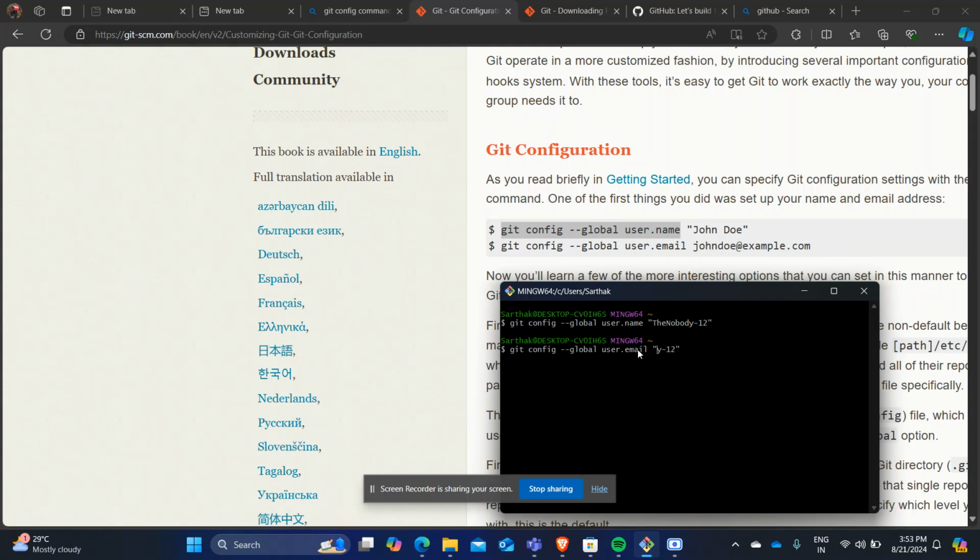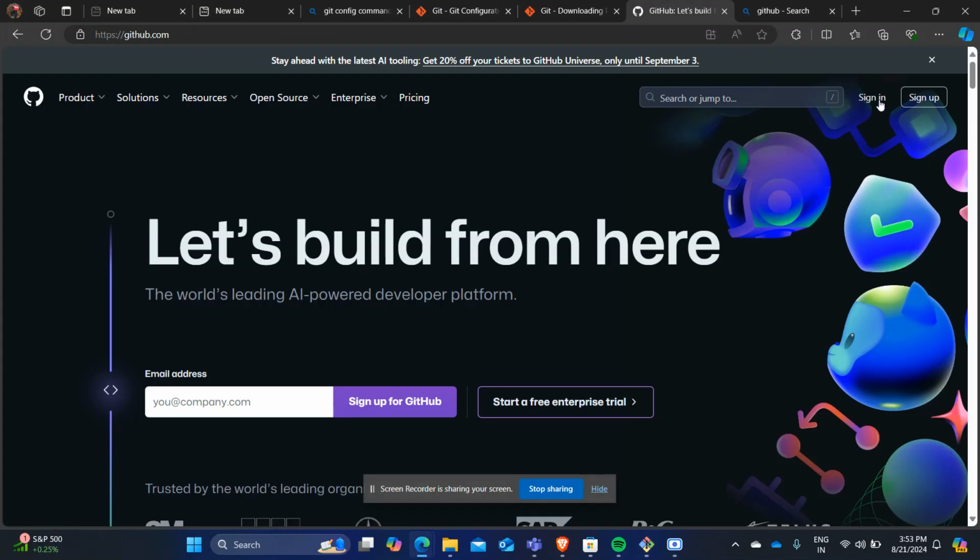My email is... Once I do this, this is the initial configuration that has been done. There will be a verification whenever you do your first commit through this. Okay, so let us go on GitHub